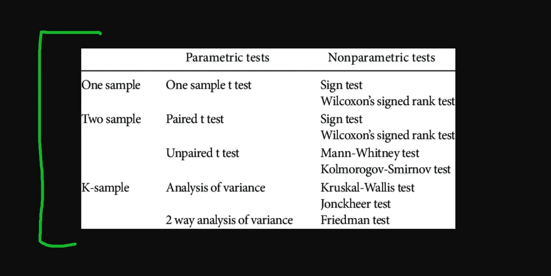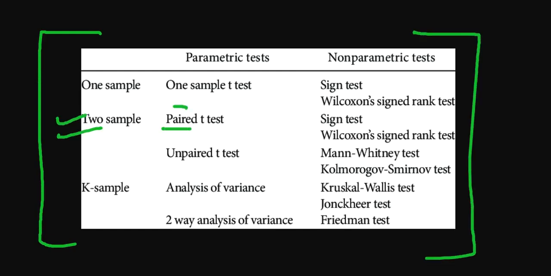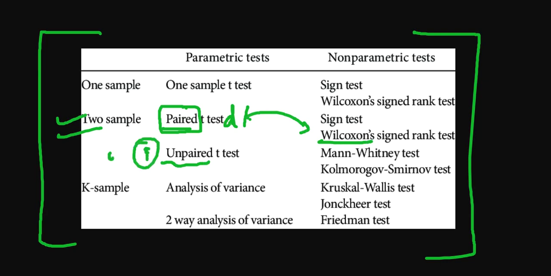Someday, if you give some PhD entrances, for two samples that are paired, see one more word: paired t-test, independent, dependent, correlated, everything is the same. What are we using? We are using the Wilcoxon signed-rank test. Now, this is unpaired, which means independent or uncorrelated samples. What are we using? We can use Mann-Whitney or the Kolmogorov-Smirnov test. This is also a test you will find in the e-book.